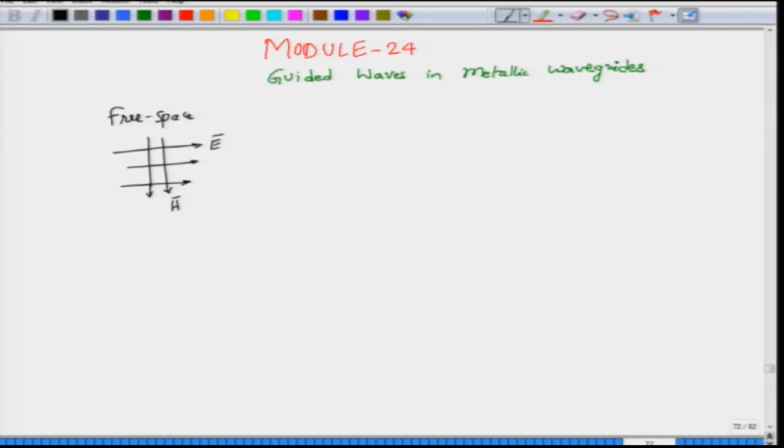filled with dielectric of some permittivity epsilon r, and the corresponding expression for the propagation was given by something like e to the power j omega t minus beta z, where omega is the frequency of this sinusoidal wave. And the amplitude was essentially constant. So, for example, if we write the electric field as a function only of the propagation direction z and time, it had a constant vector E0, and if this constant vector is directed along the x axis that we have chosen, then we would have called this an x polarized plane wave. If it was y, we would have called it a y polarized plane wave, and the corresponding expression for H we have also written.